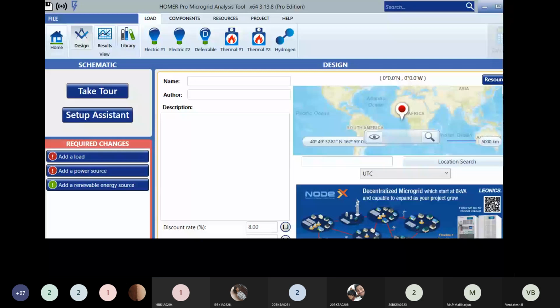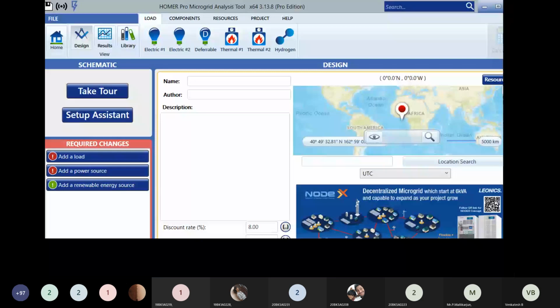Now I will talk about load only for some time. Whatever changes you wanted to do, you can do here. See, sometimes your load may not be constant. Your load may be changing with respect to time.